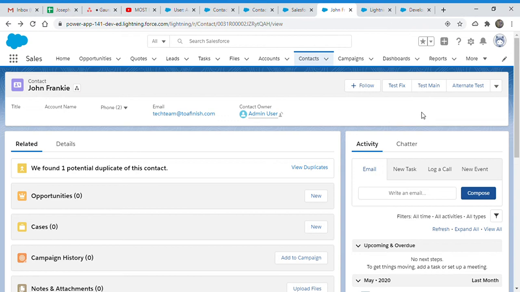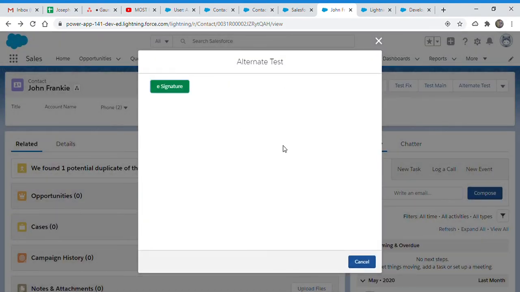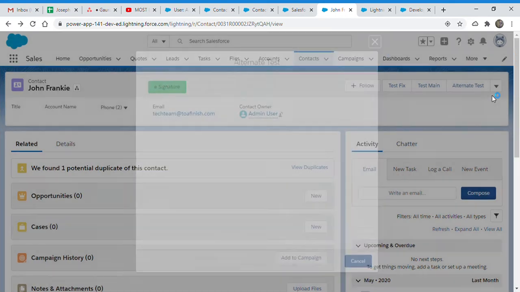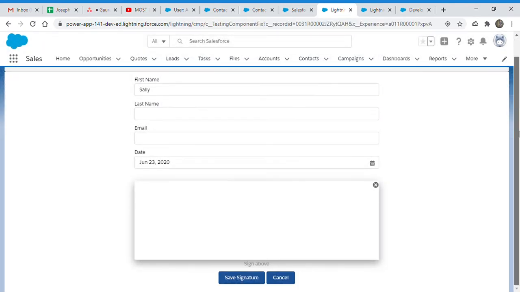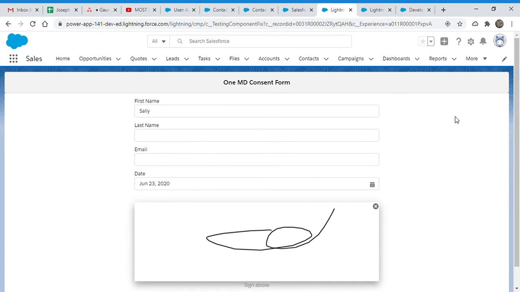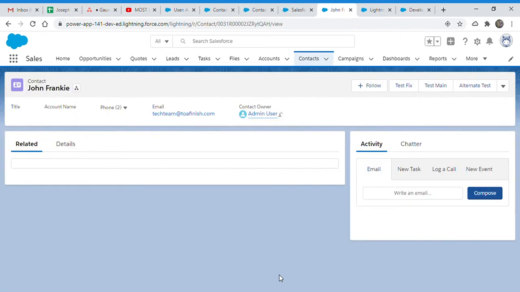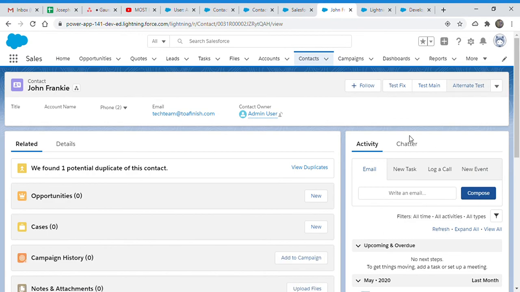What we need to do is, when it is in desktop, it should work just like it's working now. But if it is in mobile, we can do one simple thing. Let me show you how it works right now. One component is open. After clicking the action, it is alternate test. So I click on alternate test, and it auto opens a pop-up just like our sandbox version, and there is an e-signature or something like that. There is a button. After clicking it, it redirects to a new screen just like this, and there we sign. This works fine in desktop, but this is happening in the mobile version as well.